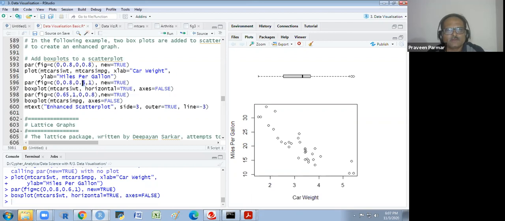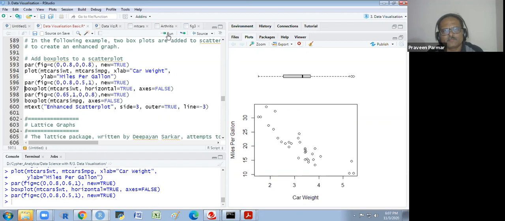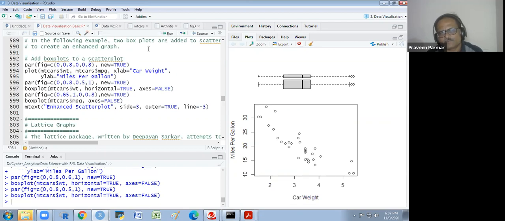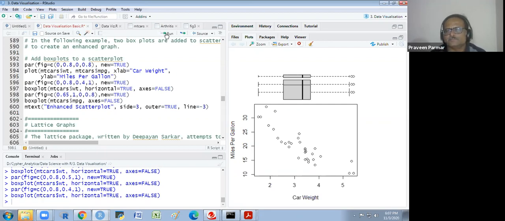And if I write 0.5, if I write 0.4, got it? Then 0.3.